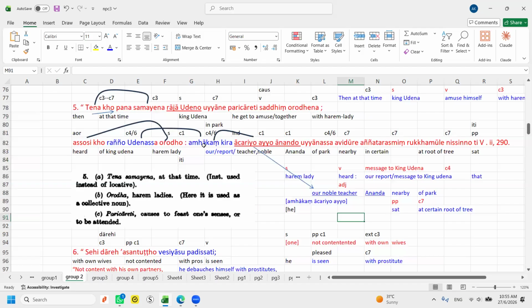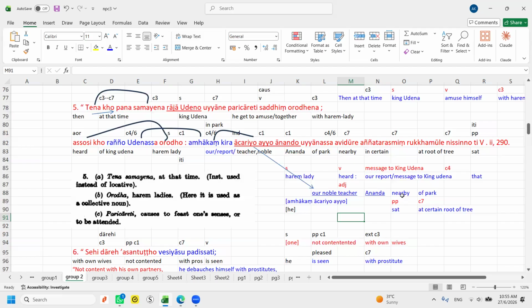Our noble teacher, Ananda. That means the harem lady heard a report to King Udena, that our noble teacher Ananda,